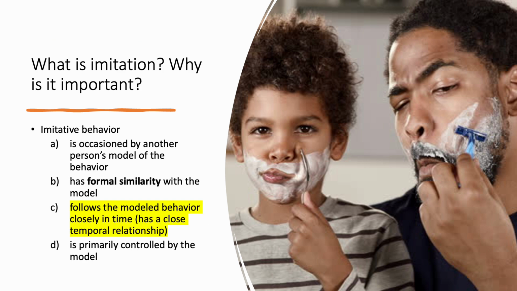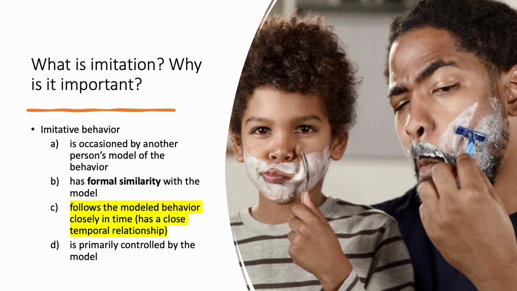Okay, the next requirement for something to qualify as imitative behavior is that the behavior that is modeled must have a close temporal relationship to the behavior that the individual is engaging in. So it can't be that, let's say, a child saw his dad shaving his beard, and then 5 days later picks up a spoon and starts trying to shave his beard himself. That would not qualify as imitative behavior because the temporal relationship between the modeled behavior and then the individual's